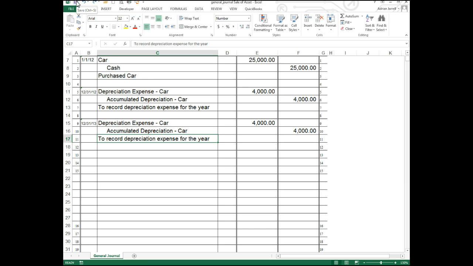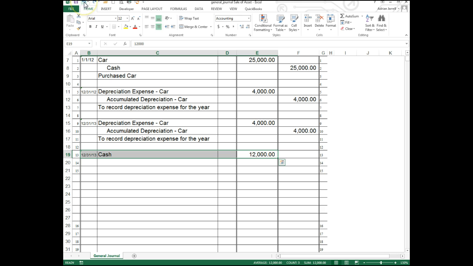Again, I like to hedge my bets, and I usually name that account gain or loss on disposal of assets or sale of assets. That way I can put it as a debit or a credit. But a lot of people use two accounts, one called loss on sale of assets, which is a debit account, and gain on sale of assets, which is a credit account. I just like to cheat, but we'll